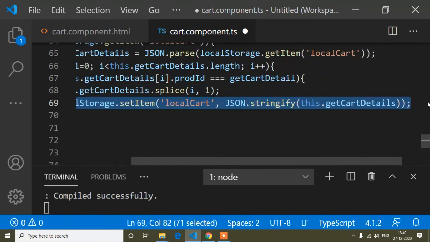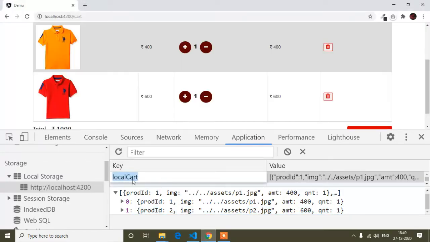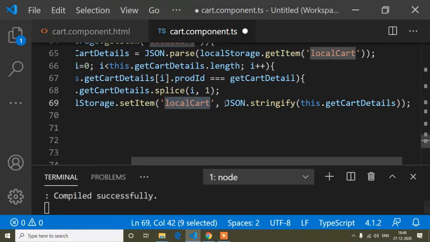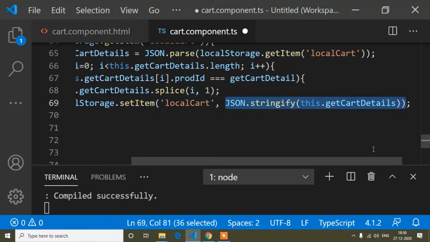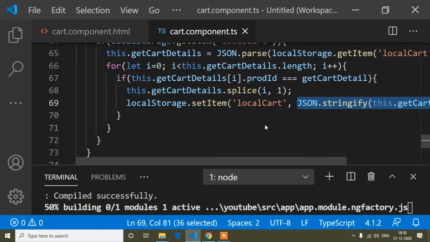I mean after removing one product, the products which are not removed, I will store them again into local storage. So that's why localStorage.setItem, and our key is localCard. You can see this is localCard. So again I will store which I did not remove. So that's why this one. Okay, so let's see first of all.